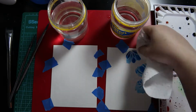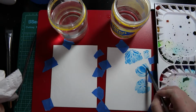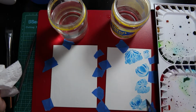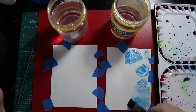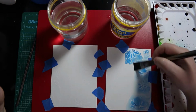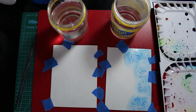So I'm getting to it now. I just recently bought the Simon Says Stamp Spring Flowers set, and I wanted to watercolor them, and the colors for the Color Throwdown were black,